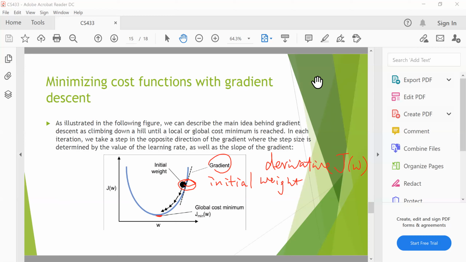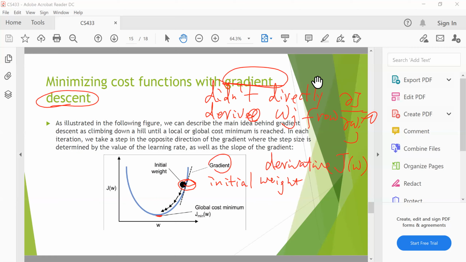Initial weight. Here we didn't directly derive WJ from this. We didn't set it to 0. We didn't do that. So here we use another concept. We call it gradient descent. Because if you try to solve that equation,